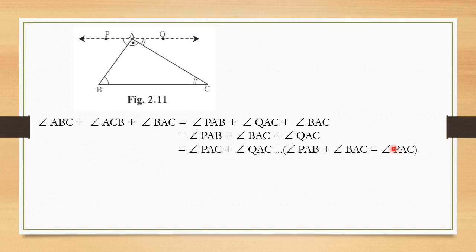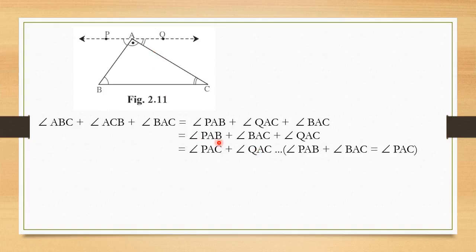Why do we do that? Because if you see properly, this whole angle PAC and angle QAC form a linear pair. What does linear pair mean? They are neighboring to each other, that means adjacent to each other, and both these angles have the same baseline. You can see here baseline PQ. So they are a pair of linear angles, and whenever we add linear angles, they are equal to 180 degrees. That means linear pair angles are supplementary, and a pair always has only two angles.